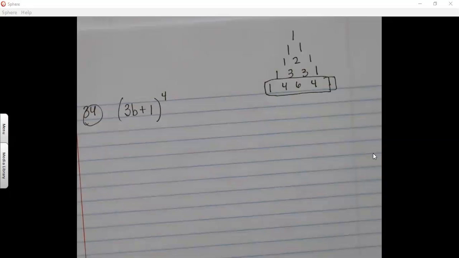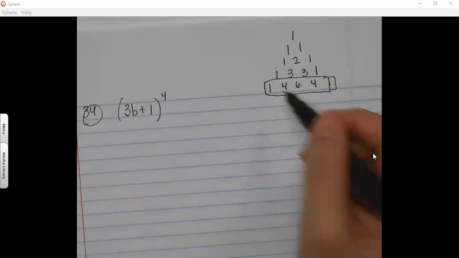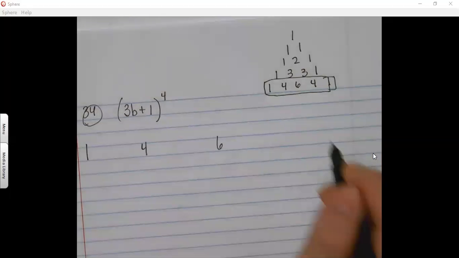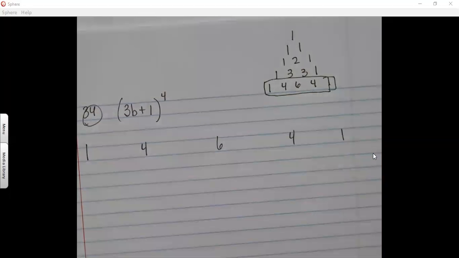So I'm going to have 1, 2, 3, 4, 5 terms, and these are the coefficients. I'm going to write them far apart. 1, 4, 6, 4, 1. And remember, when we're expanding using the binomial theorem in Pascal's triangle, we're figuring out what 3b plus 1 times 3b plus 1 times 3b plus 1 times 3b plus 1 is without doing all of that distributing, right? So to start with, you take your first term,